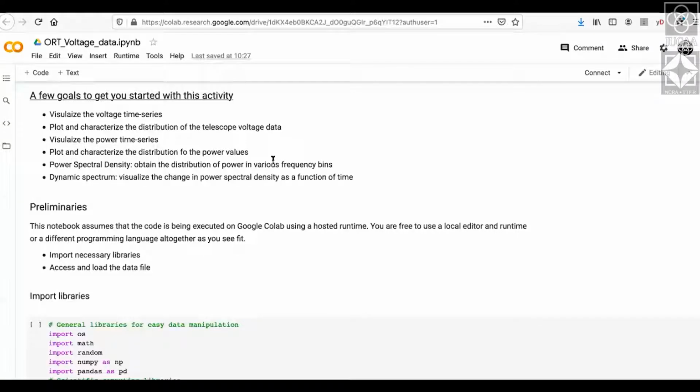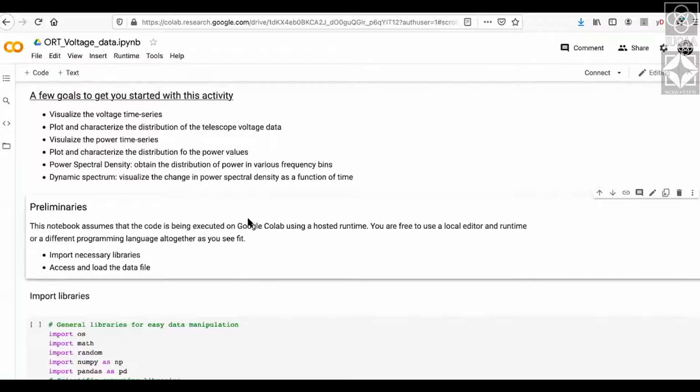The voltages themselves will be Gaussian distributed. You can visualize the time series and plot the voltage data. Next, you can draw a histogram of these values and check for yourself that it follows a Gaussian distribution. Or if it does deviate, you can still report that, and we can try to figure out what could be causing these deviations. And if you take the mod square, or just the square of it, you'll get the power values. You can see what distribution that follows as well.